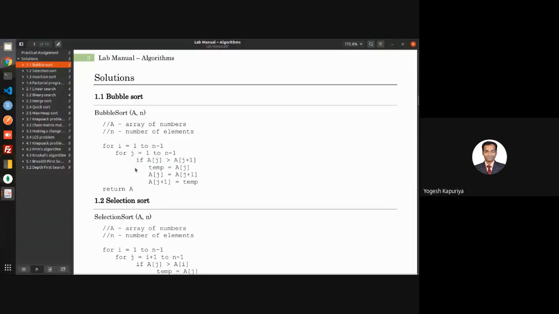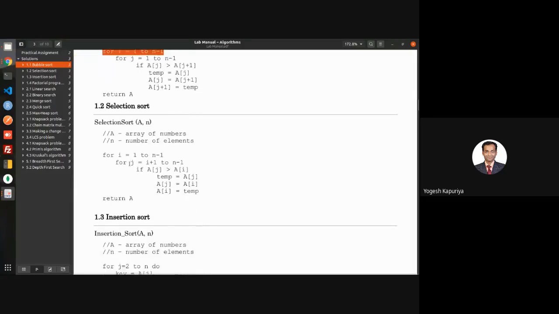If you observe this loop, you are comparing two adjacent elements, a of j and a of j plus 1. If a of j, the element on the left, is greater than the element on the right, that's the false condition. In any sorted array, this should not happen, so in that case you will swap it. You keep repeating this procedure n minus 1 times. So that is the bubble sort.